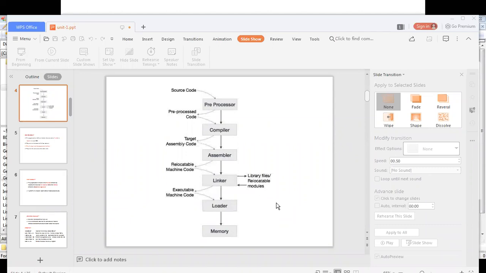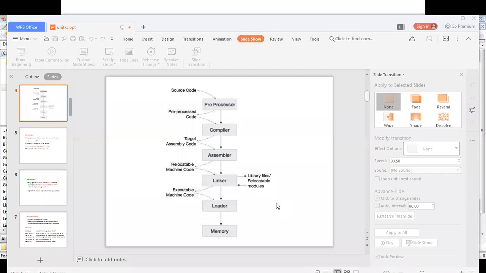Clear? Already we told that the assembler will give different addresses for each one. It will divide the code into parts, and all those parts have to be linked with one another. They have to join with one another with the help of, who will do that work? The linker will do that work. The linker will link all the relocatable modules of the machine code given by the assembler.